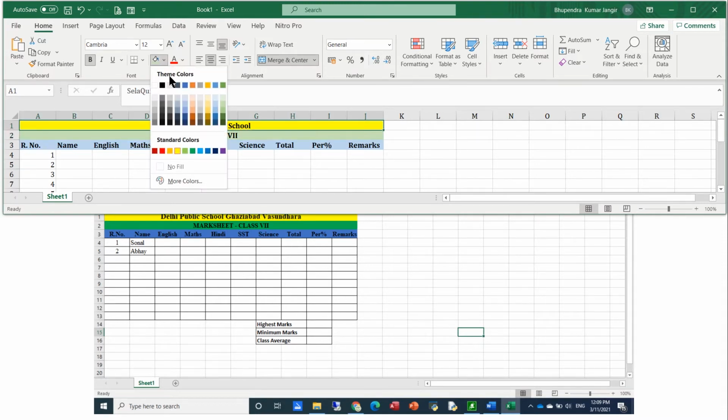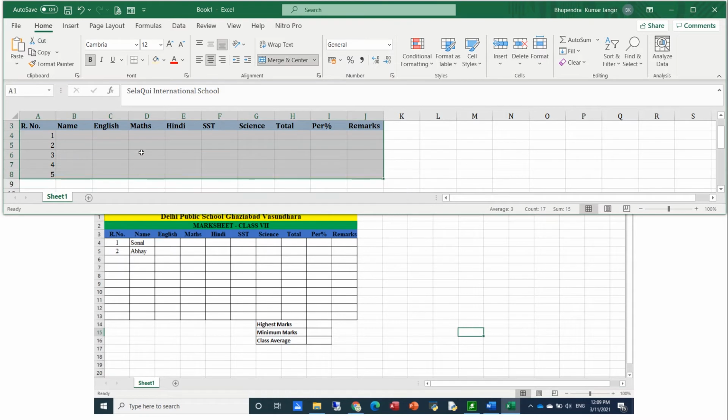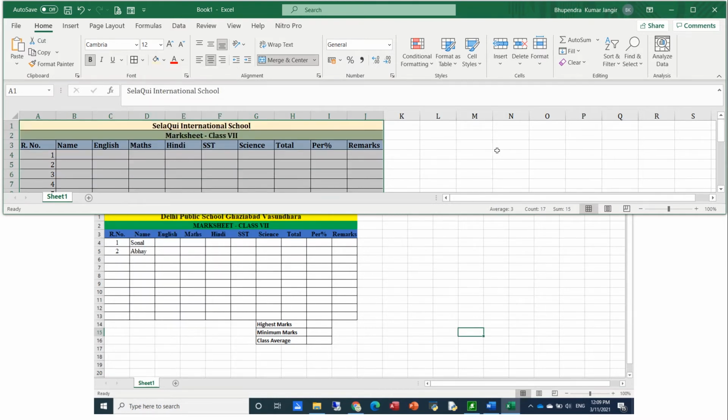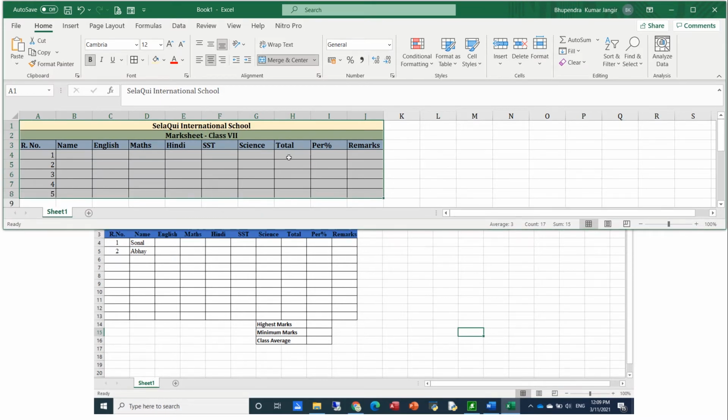Yellow, lighter version, and here I'll select all these cells and keep all borders so it looks nice. Okay, so this has been done. Now let me centralize these also. So I'll keep this center, center line text will be like this, vertically center.